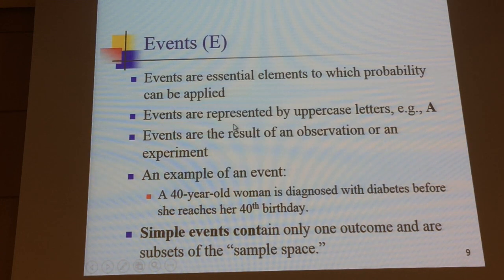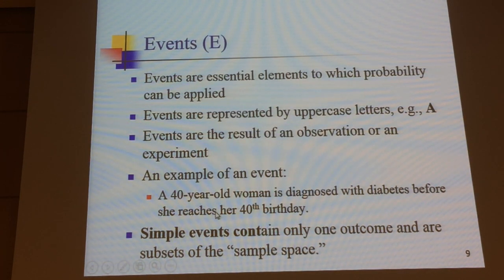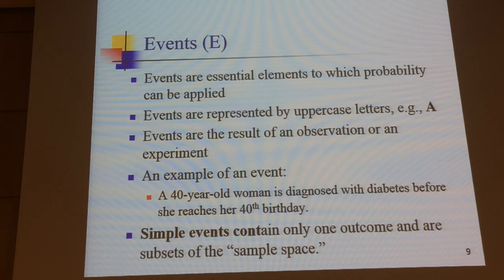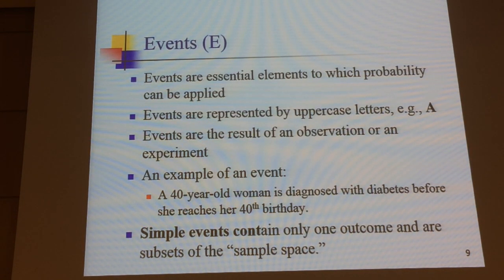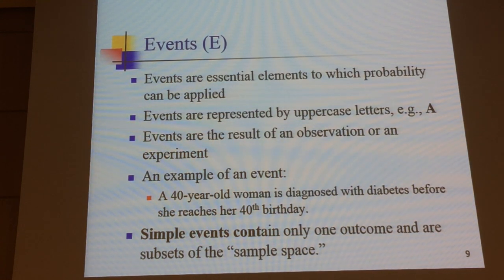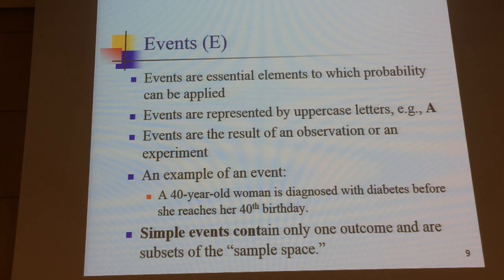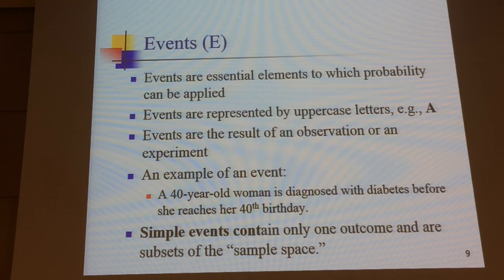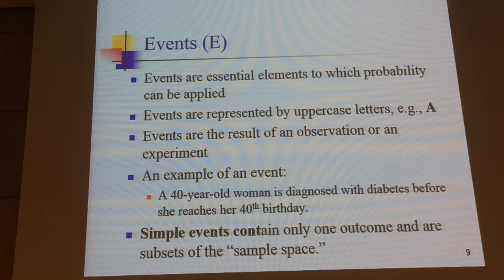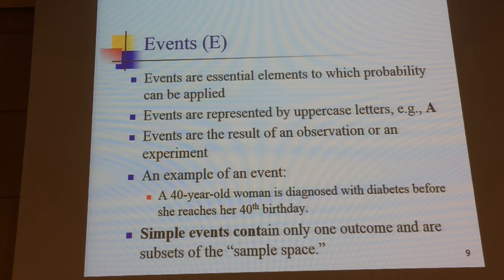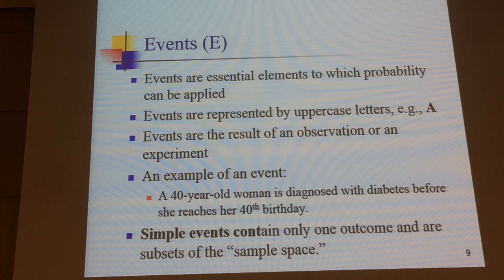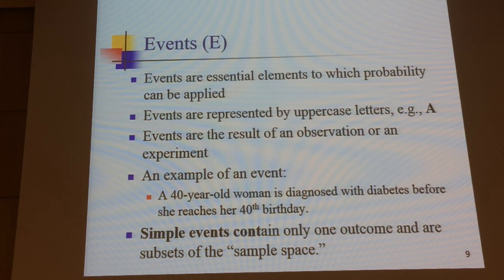These are just examples. Here's another example. He makes it a bit more complicated. A 40-year-old woman is diagnosed with diabetes. She reaches her 40th birthday. So the question would be, what is the chance of her being diagnosed with diabetes before her birthday or after her birthday? This is just a very complicated example. Just stick with the actual flipping the coin. If you have to know this one, it's basically either she gets diagnosed or doesn't get diagnosed before her birthday, or gets diagnosed or doesn't get diagnosed after her birthday. These are all just chances. There are 4 different possibilities. Makes sense, right? But this again is complicated. I just want you to stick with flipping a coin or a die or spinning a spinner. These are much easier for us to understand.